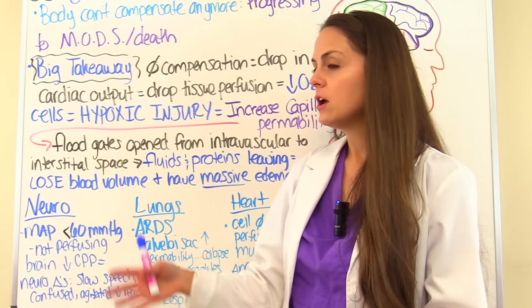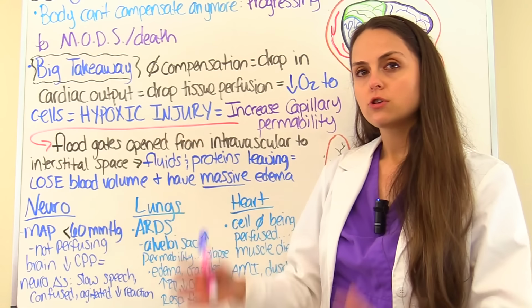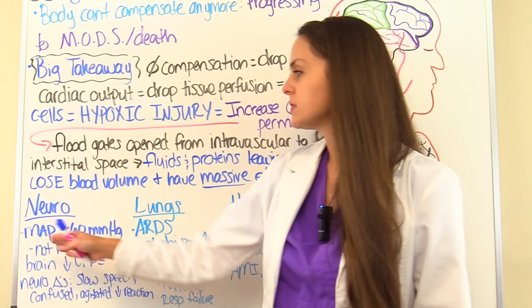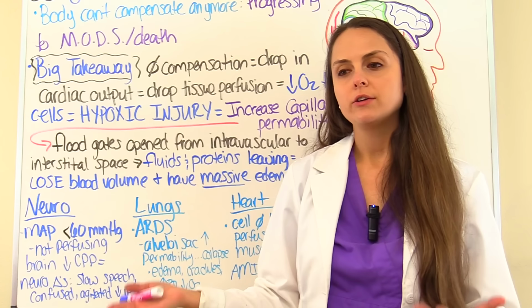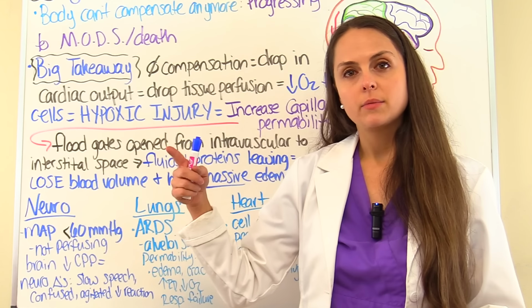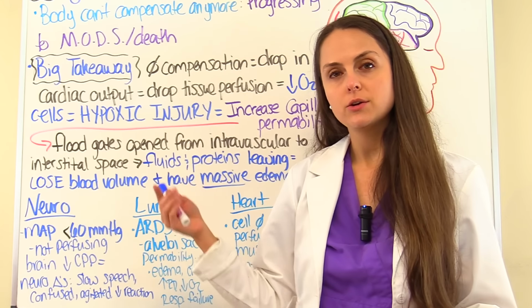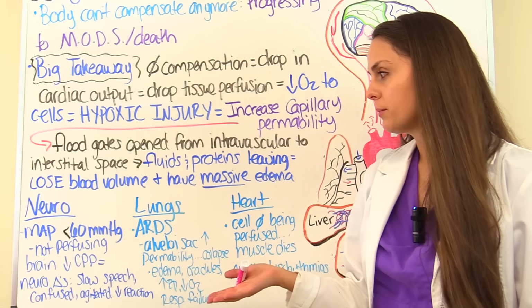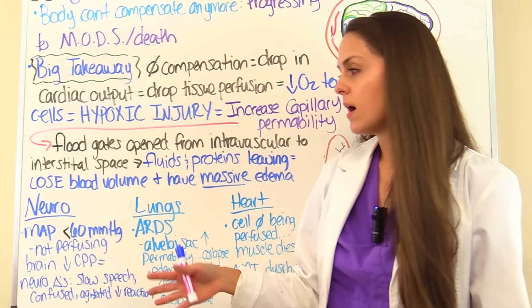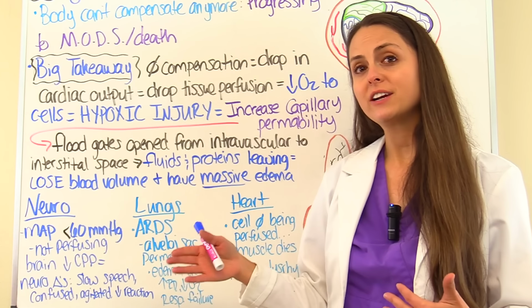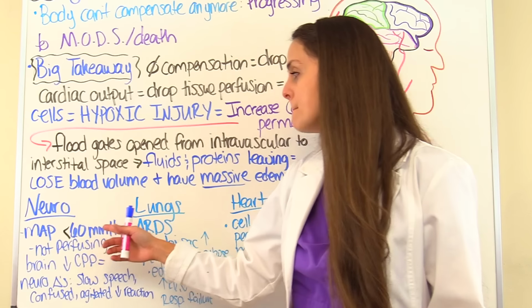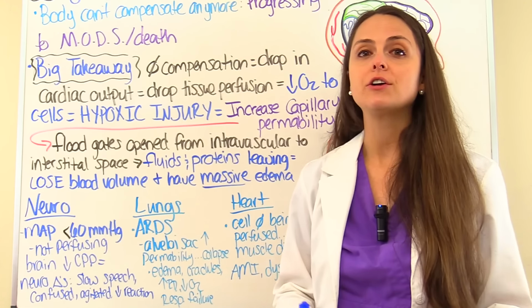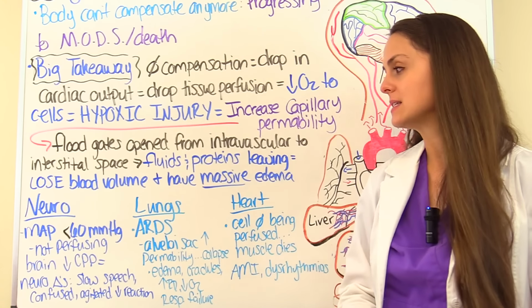Well, decreased cardiac output, major drop in blood pressure. So our mean arterial pressure, this is where you calculate it with your diastolic blood pressure. You multiply that by 2, add that to systolic blood pressure, divide that by 3. You get your mean arterial pressure, and that's telling us how well perfusion is happening. And whenever it gets less than 60 millimeters of mercury, things aren't great. So that's where we're getting at this point.